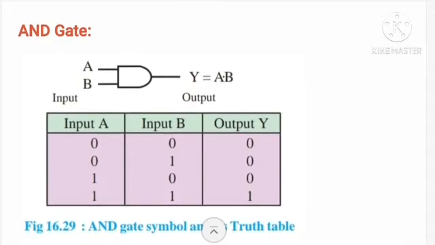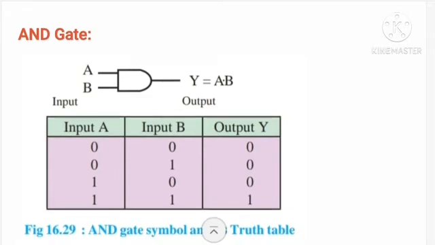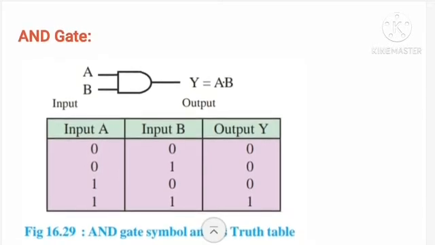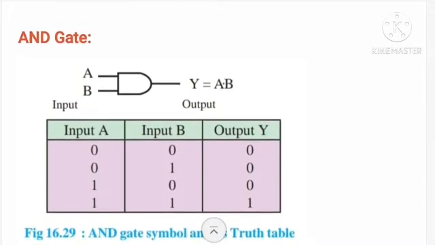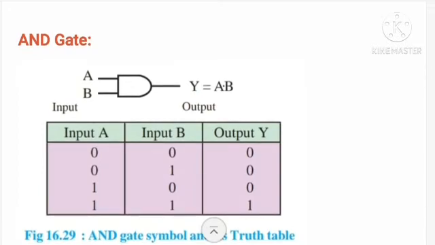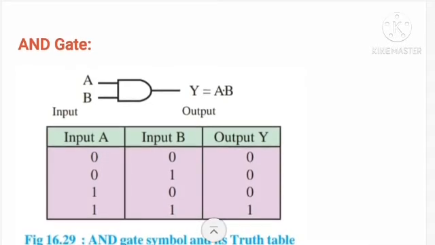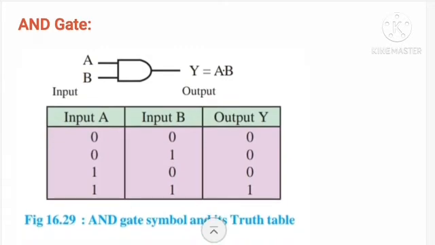Now in case of truth table, as I told you, there are two inputs 0 and 1, and we will get output like 0 or 1. But as AND gate performs logical multiplication, as we see in our symbol, y is equal to A dot B is the Boolean expression of AND gate. If input A and input B both are high, then only we will get output of AND gate as high. So the fourth logic condition can be satisfied.